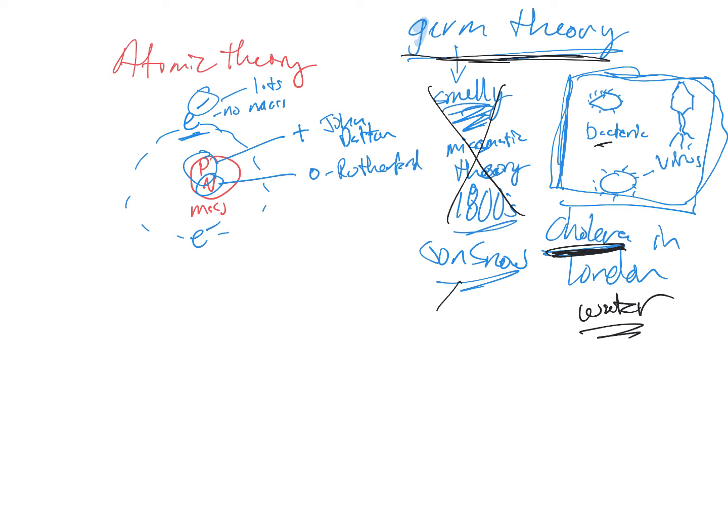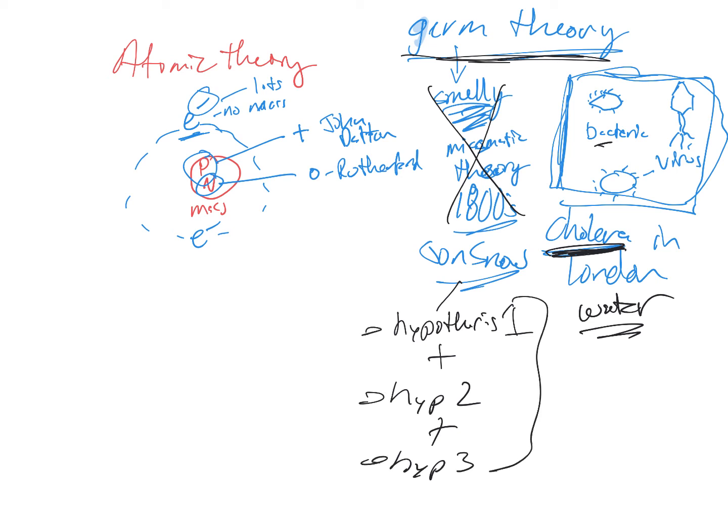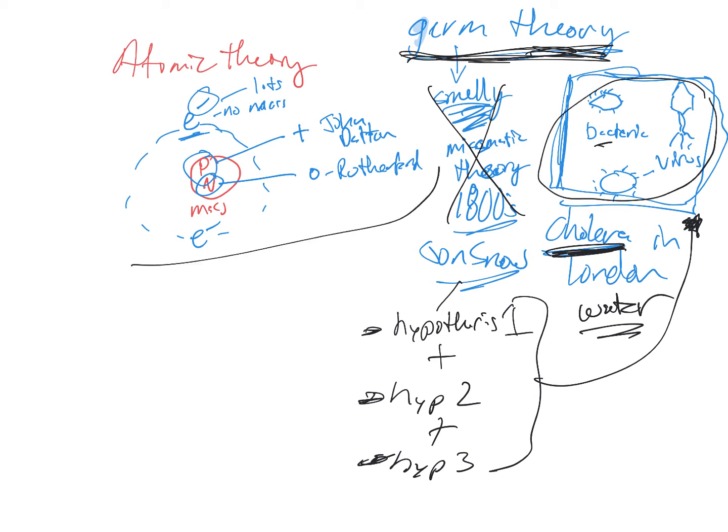He had several different hypotheses, so hypothesis 1 plus hypothesis 2 plus hypothesis 3. He was actually working with multiple scientists, and putting all those things together led to the idea that there are these little microscopic organisms they couldn't see in the water that made them sick. So theories are made up of multiple hypotheses that are tested, and then they get pieced together into an overarching concept. Germs make us sick, atoms make up all these living organisms, and so on and so forth.